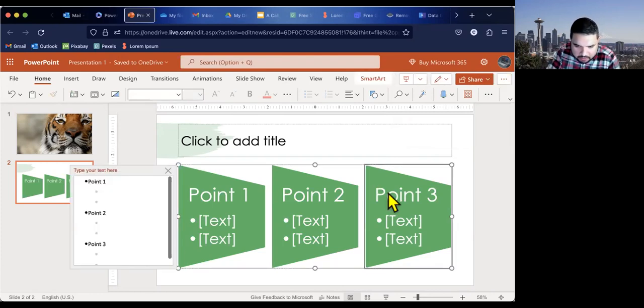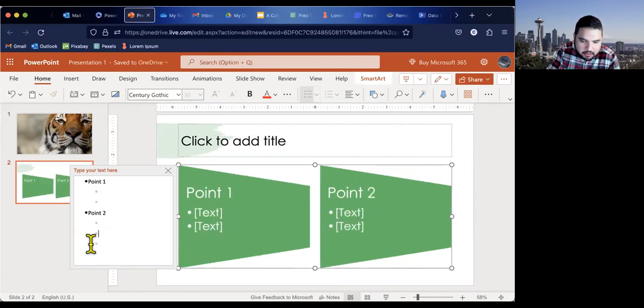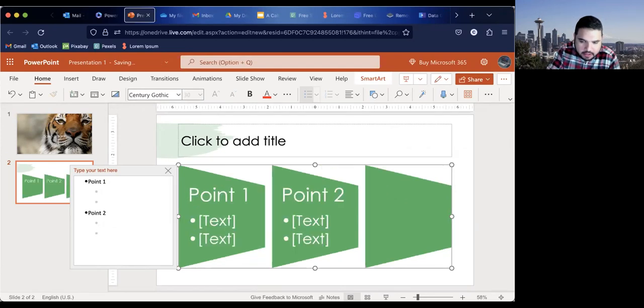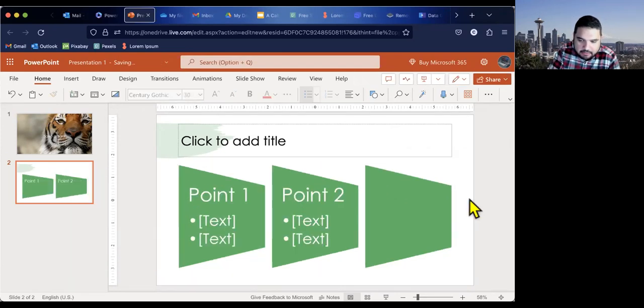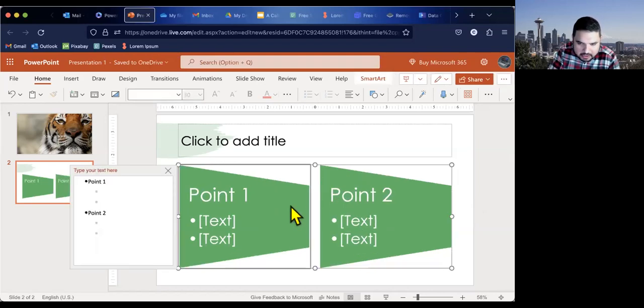So right now I have 3 points, and if I wanted to omit one, I could just backspace or delete. And there we go. That changes the shapes by itself, the trapezoids here. And I'm just backspacing. And there we go. Now I'm going to have 2 trapezoids. And then if I click on it, I could also just change it. So if I do a double click,